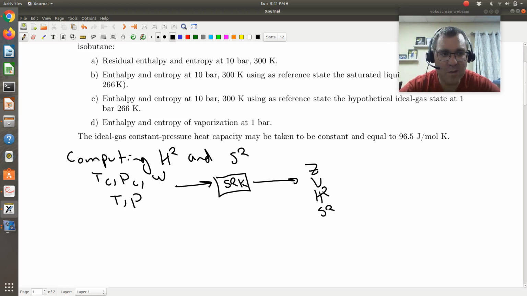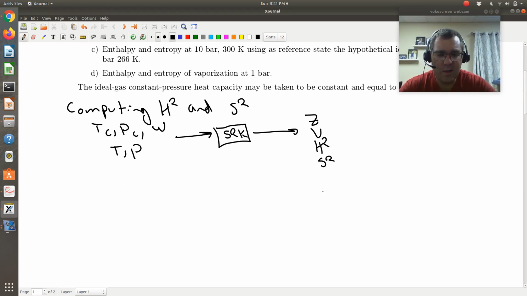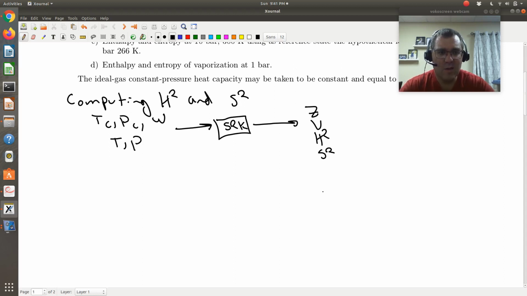Okay, but general idea being to get HR and SR using the SRK equation of state, I have my black box, my calculator, in which I input TC, PC, omega, along with my temperature and pressure, and out will come my residual enthalpy and entropy. Okay, and then the last thing to keep in mind is, actual property is residual plus